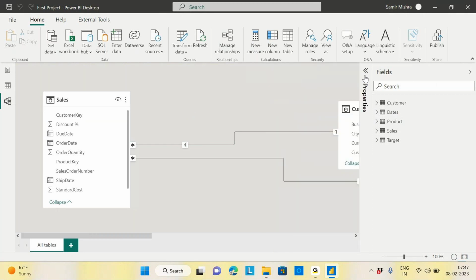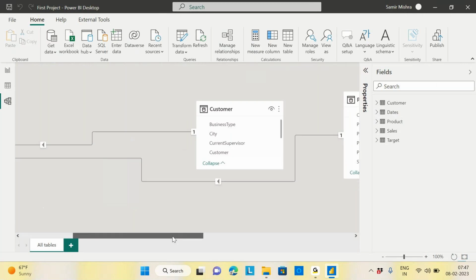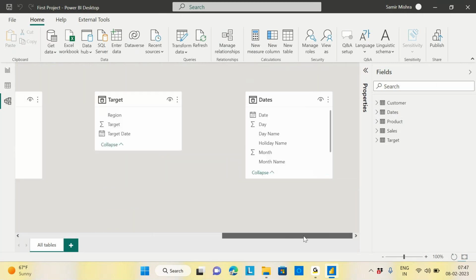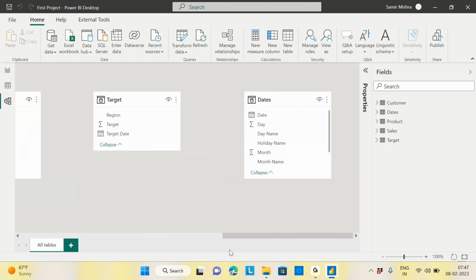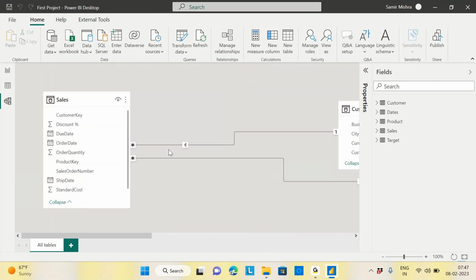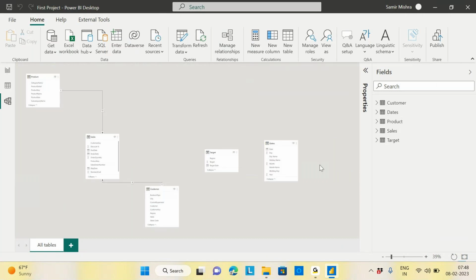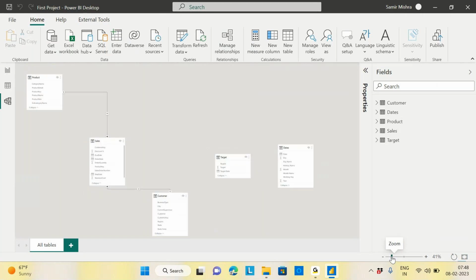Okay, all right. So now this is my table. If you see, some scattered information is there, here and there. There is an option here in the modeling tab. My mouse pointer is somewhere below. You see, this is called reset layout. If you click on that option, it will automatically reset the tables somehow. Let's zoom a little bit so that you can see what exactly is happening here. Right, so here some relationship is